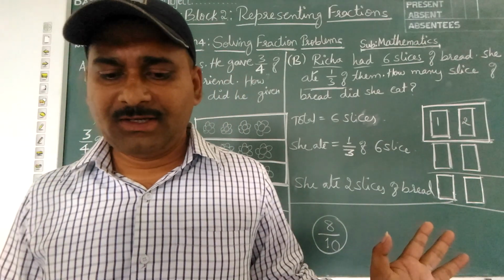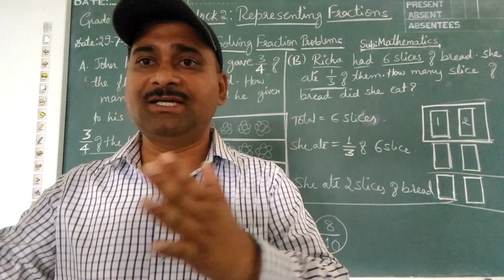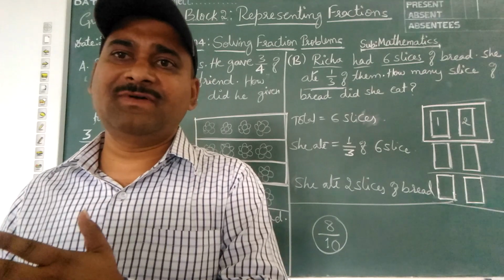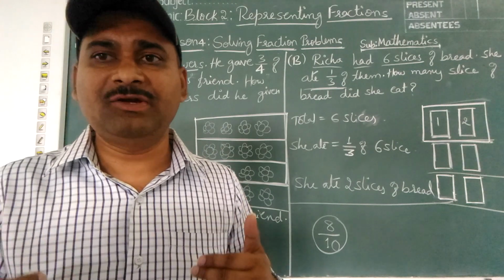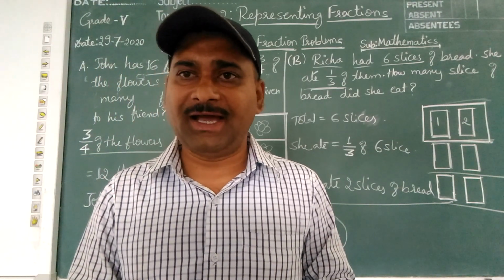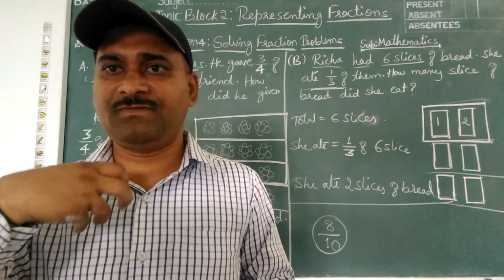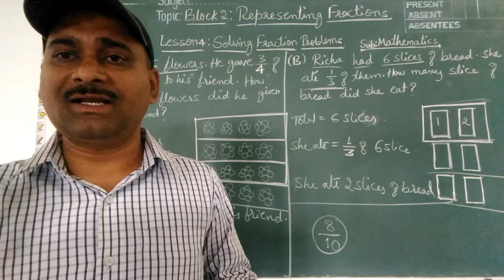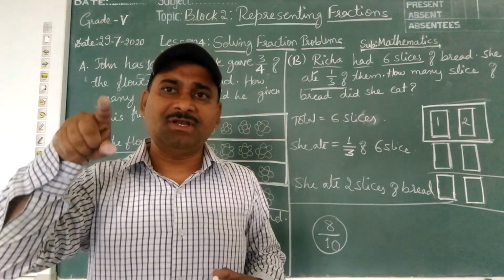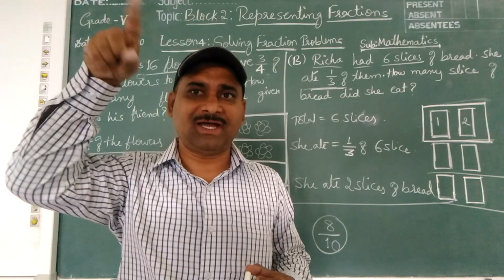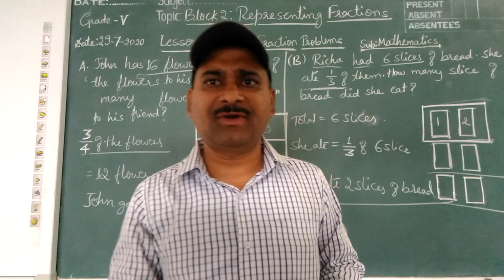Understood? Like Nisha ate 5 parts of a pie out of 8 equal parts. So out of 8 equal parts means total will go to the denominator, and how many she ate? 5. So 5 divided by 8 is the answer. For example, Nisha ate 5 parts of fruit. Total parts made are 8 equal parts. So that total will go to the denominator and the number of parts she ate will go to the numerator. That is 5 parts she ate, total 8 parts, 5 by 8. Such word problems are there.